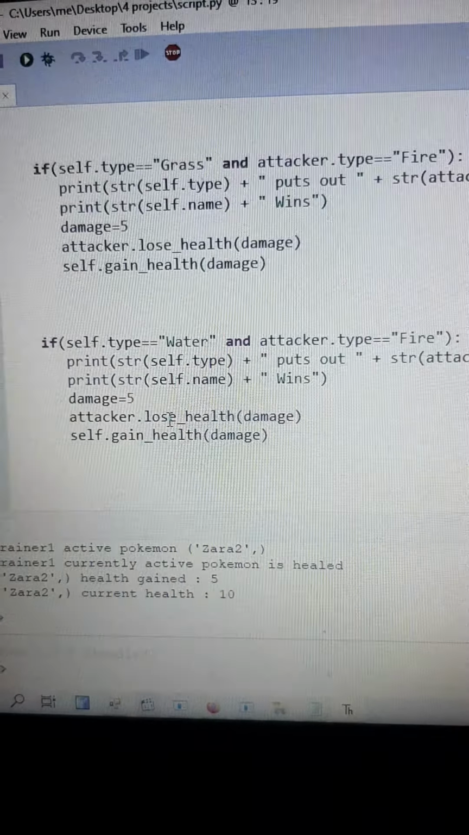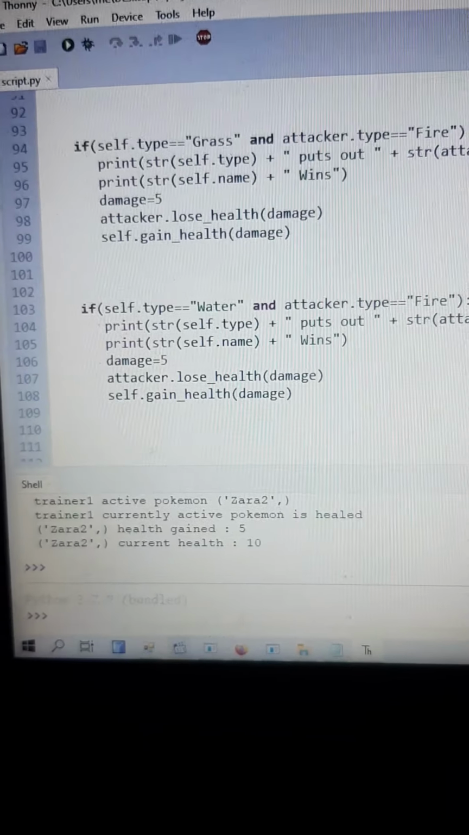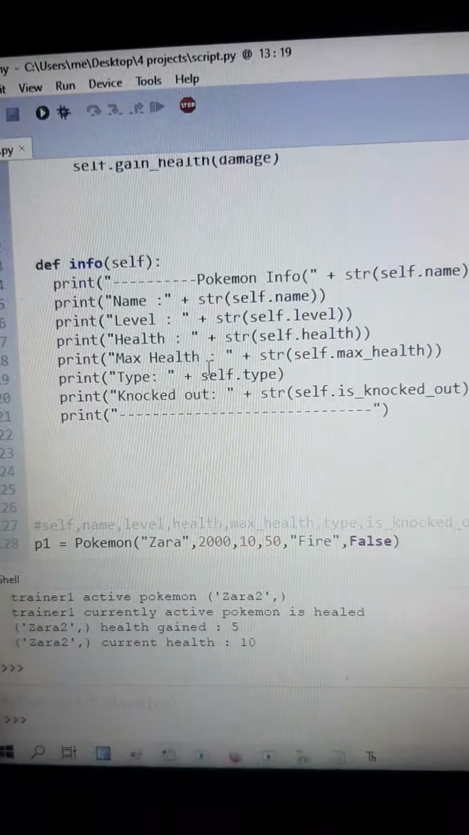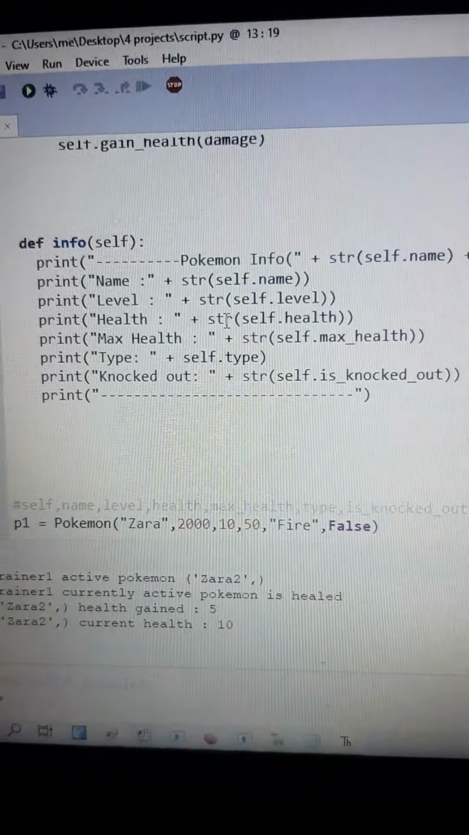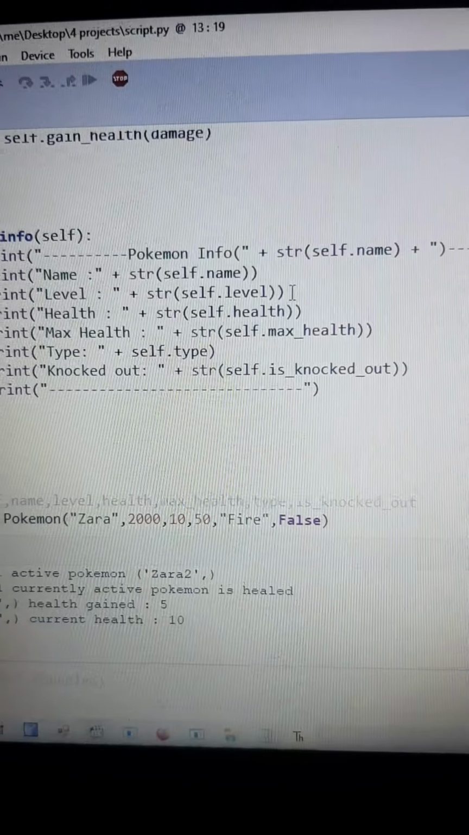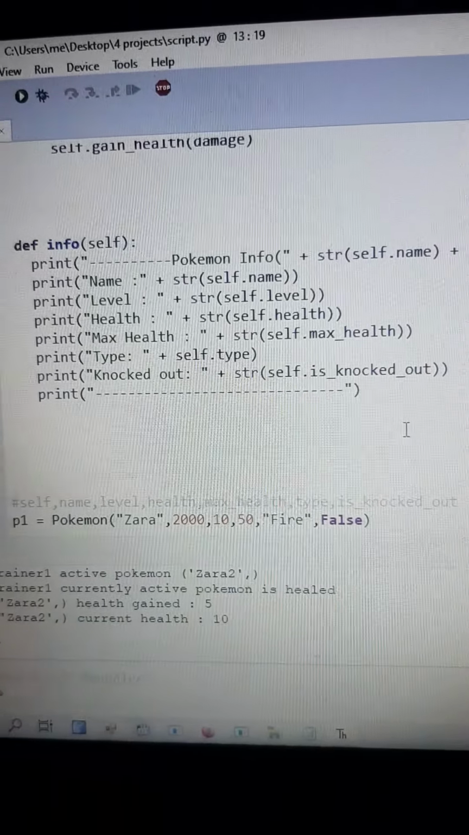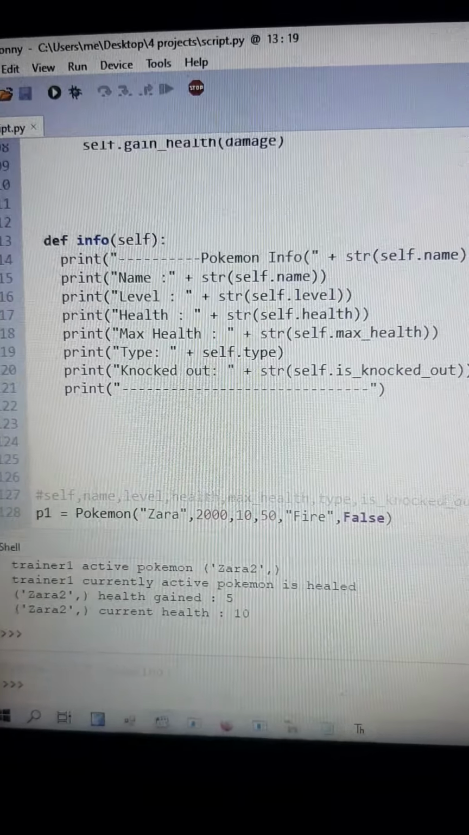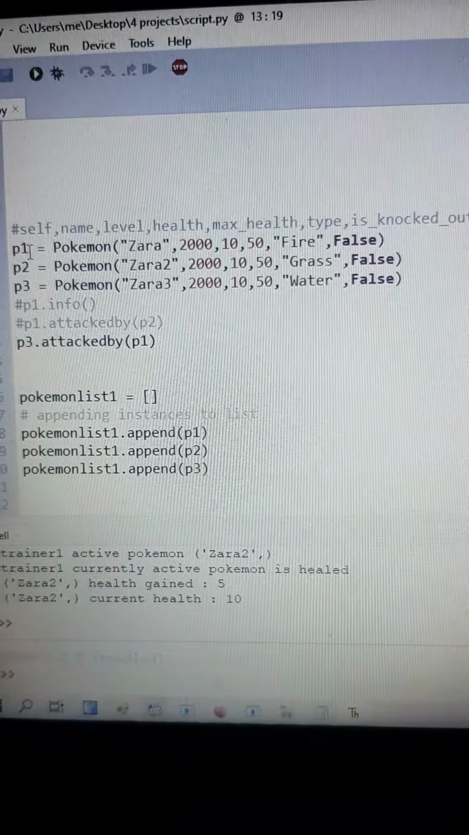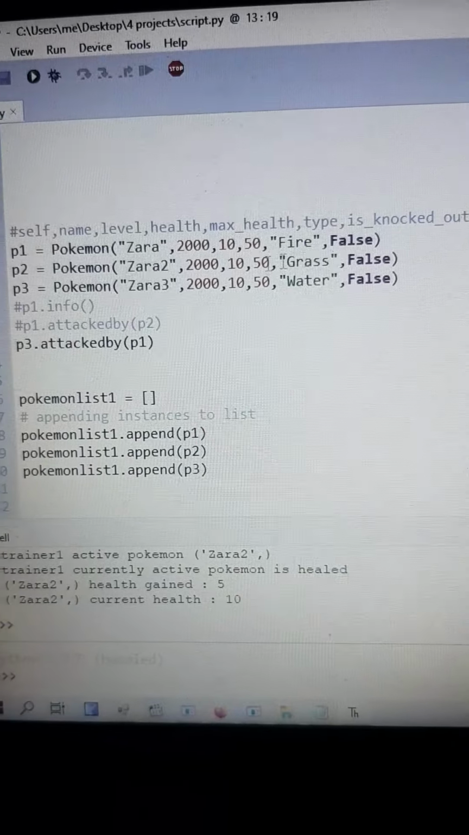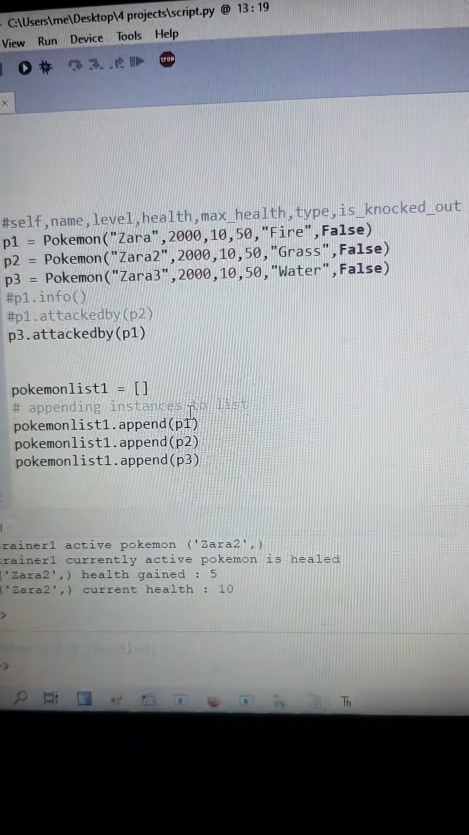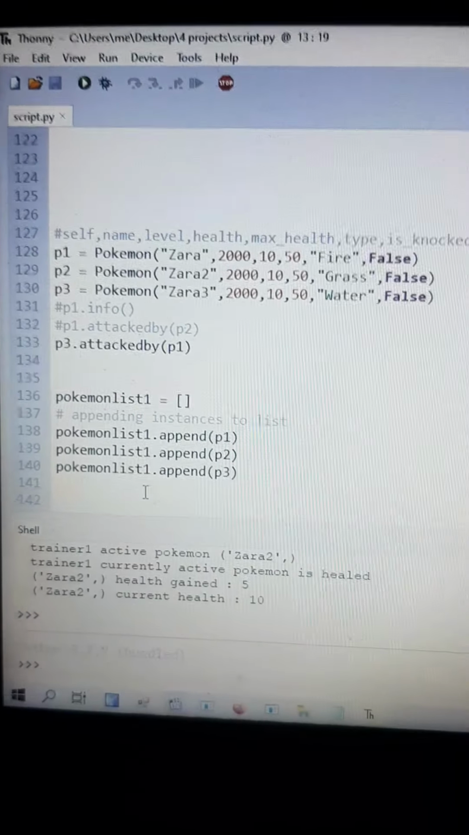So the attacker loses health, etc. One attacks the other. Now, I've also implemented this here, which is an info, which just prints out some of the variables within the current object. So the info for the Pokemon object is implemented there: name, level, all of just those variables there. Then below, I've created some Pokemon. So that's Pokemon 1, 2, and 3 with some instance variables. I was printing them out earlier on, but I'm not doing it now because there was too much text